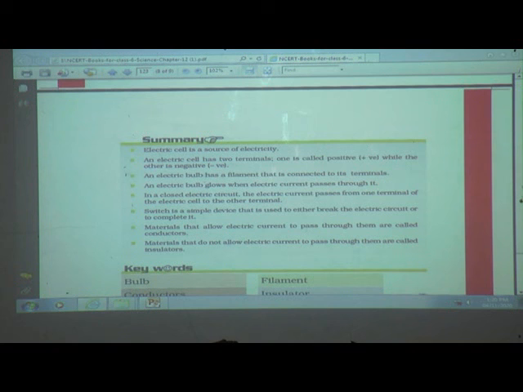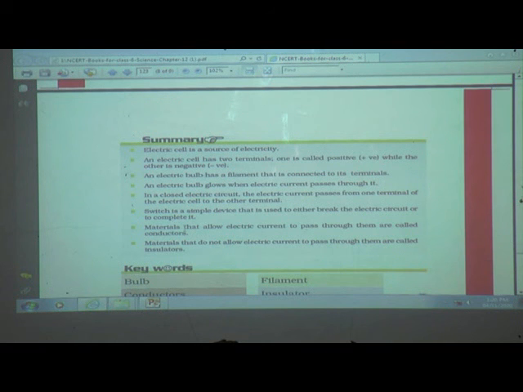An electric bulb glows when electric current passes through it. In a closed electric circuit, the electric current passes from one terminal of the electric cell to the other. A switch is a simple device used to either break the electric circuit or complete it, so we can switch on or off.